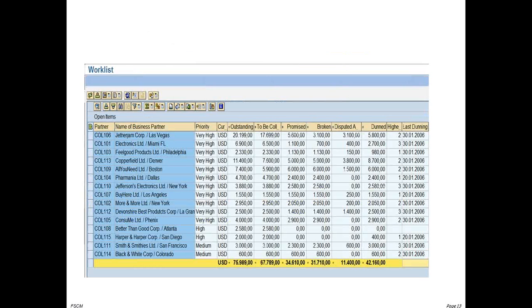Here also, same thing. What is the major objective, or the major key area you are going to work with in collection management? This is again a new term I'm trying to introduce to you, and it has complete information with respect to the business partner and the priority specific to that open item, how much is the open outstanding amount for each customer, what is the amount to be collected, and what is the promise. I'll explain that in the next slide. And what has been broken, what is the link between promised and